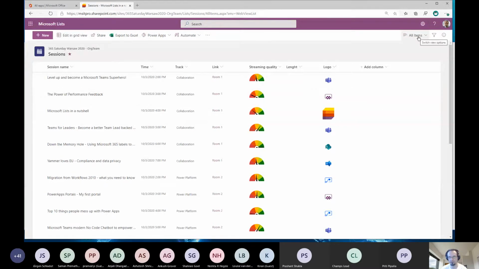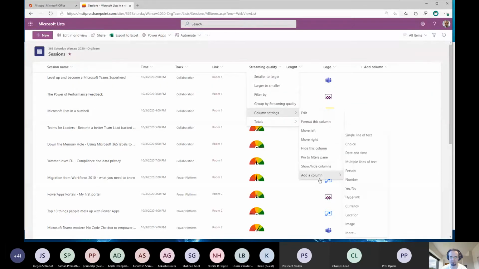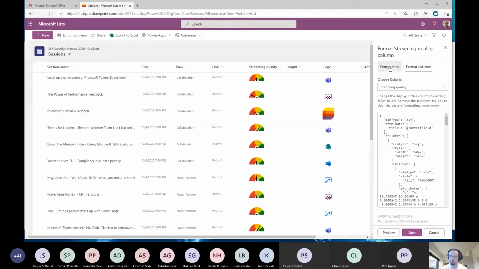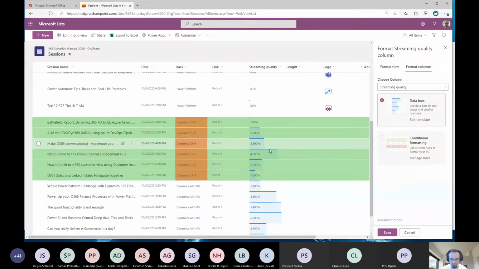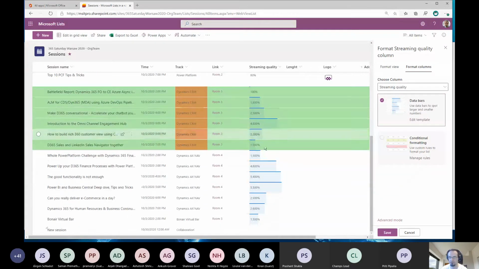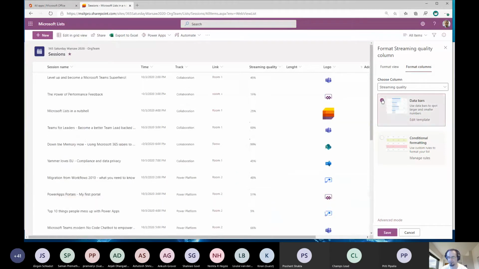Oh, and there's one more formatting option. If we store numbers in our column, there's data bars. It automatically shows data bars, but there are better data bars for our numeric values.